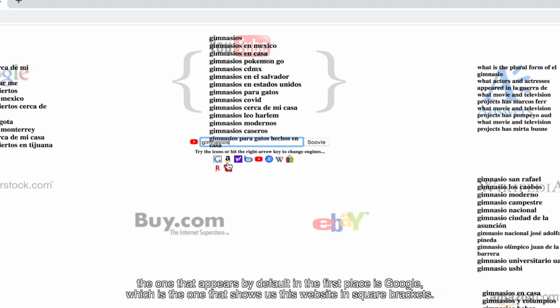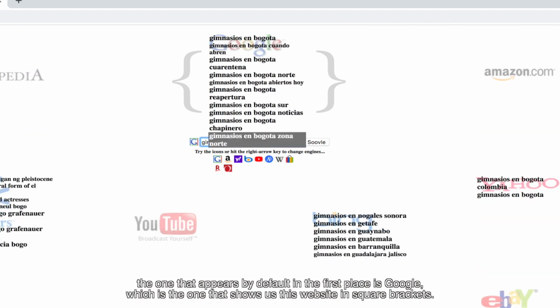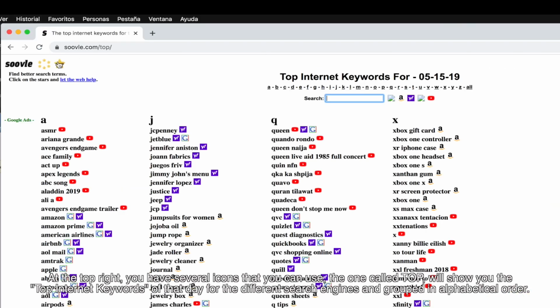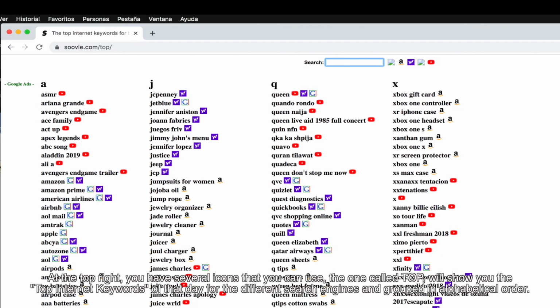The one that appears by default in the first place is Google, which is the one that shows us the website in square brackets. At the top right, you have several icons that you can use. The one called Top will show you the top internet keywords of that day for the different search engines